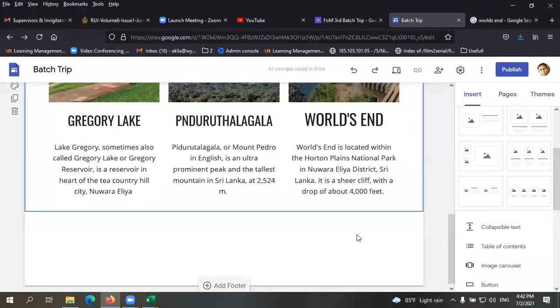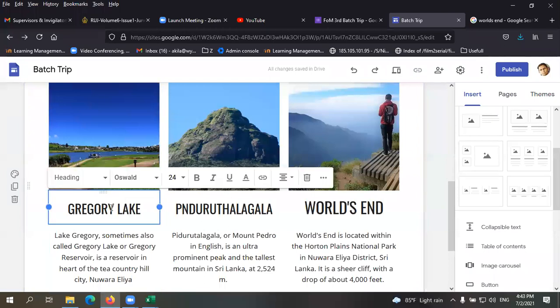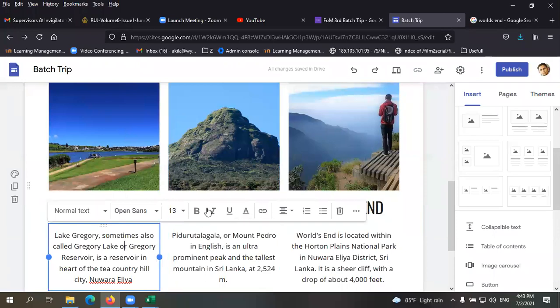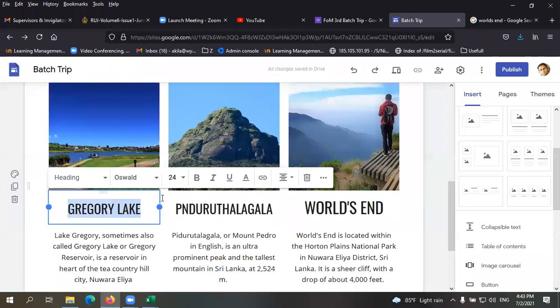Right. So like this, you can add a module. So this module, you can see we have an image, topic, and the description, right? Again, you can click here and you can do all the changes. So you can change the text color also.